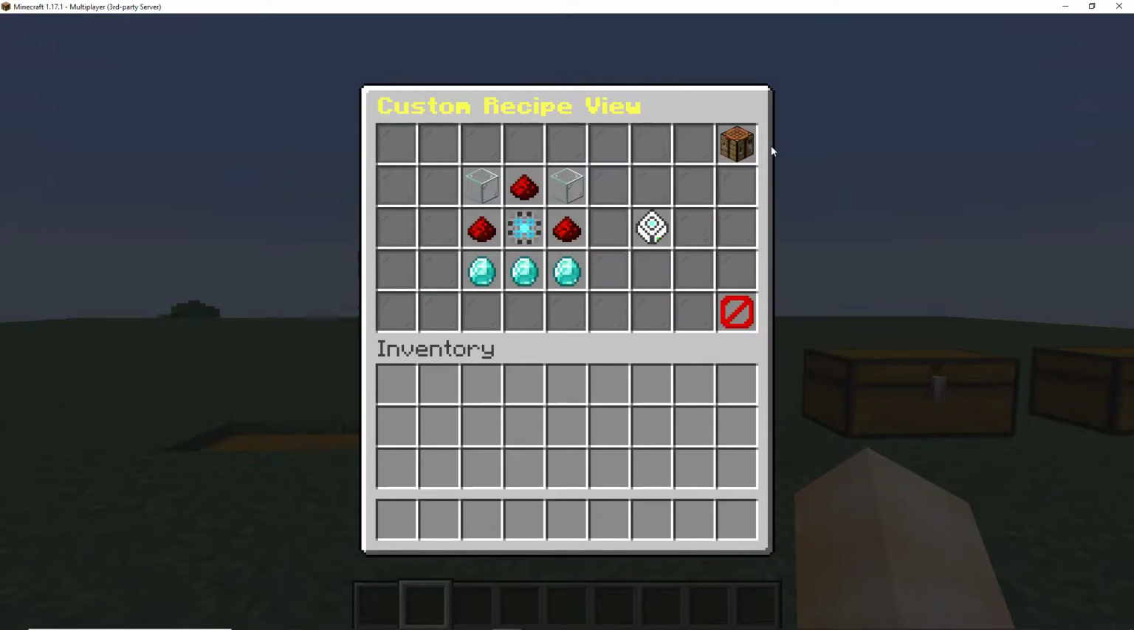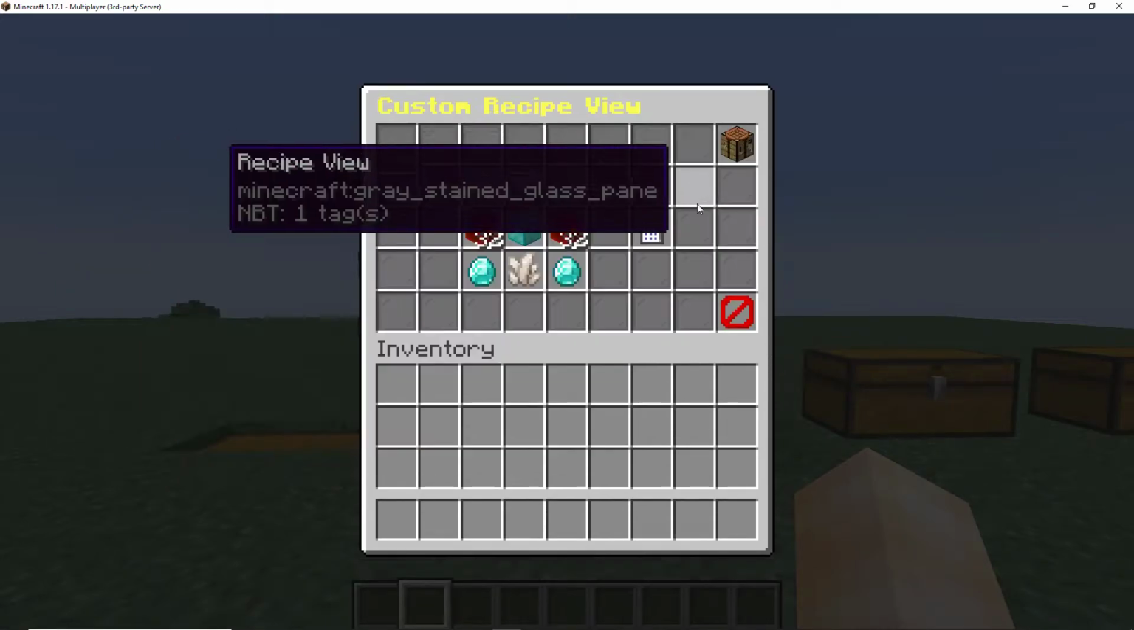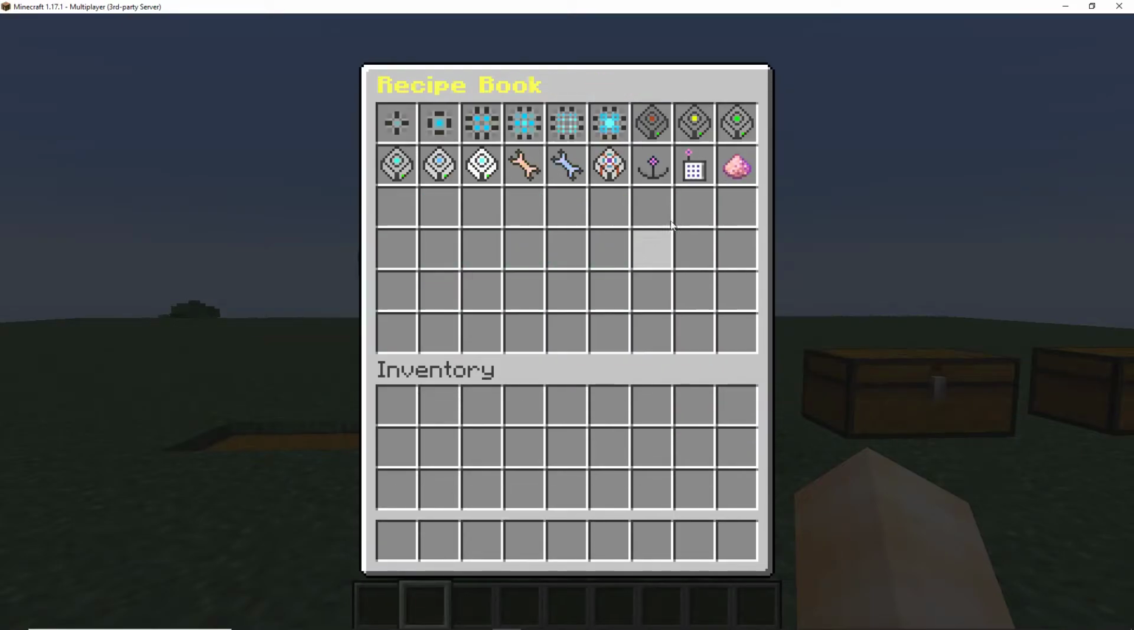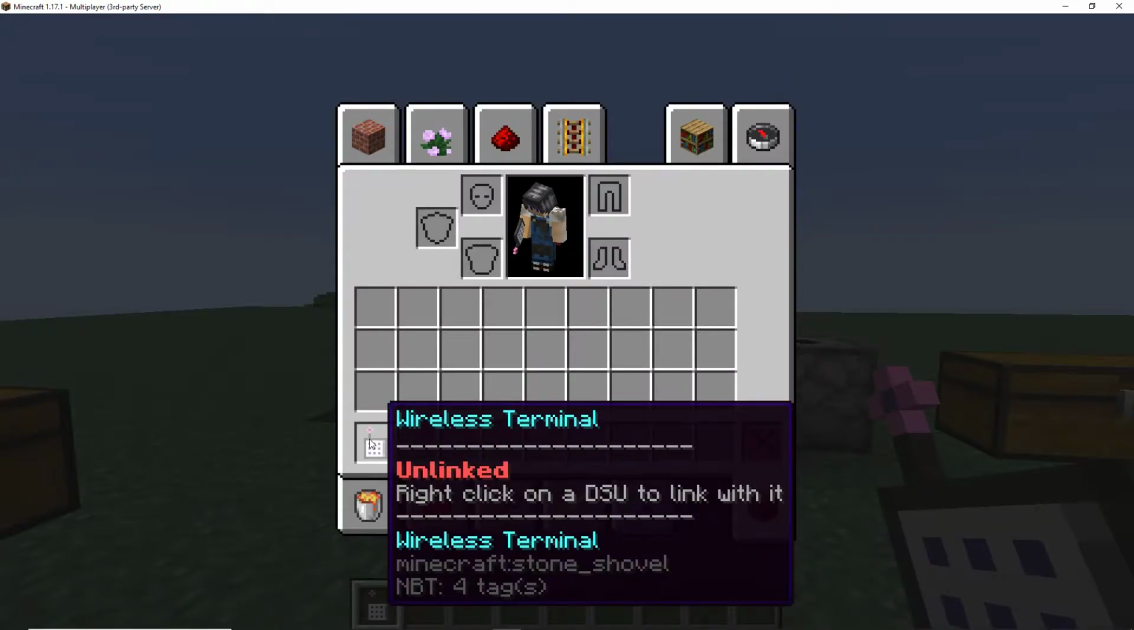Say you're not a fan of any of these recipes. I'm going to pick the wireless terminal first. I think 32 redstone blocks might be a little too much. So I'm going to go back, I'm going to give myself this item, and you're going to need to change